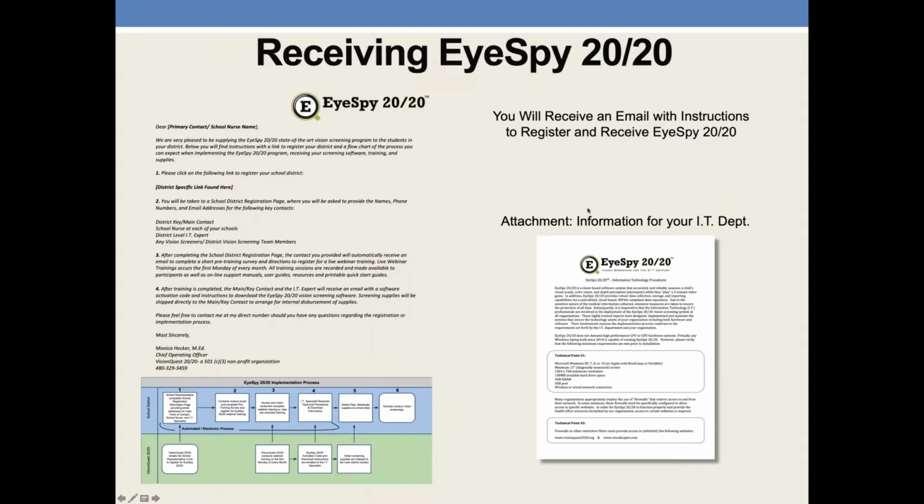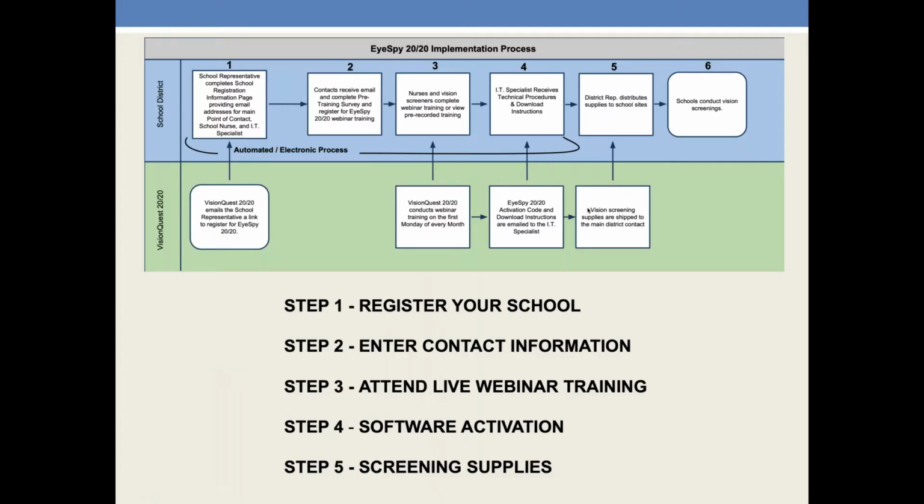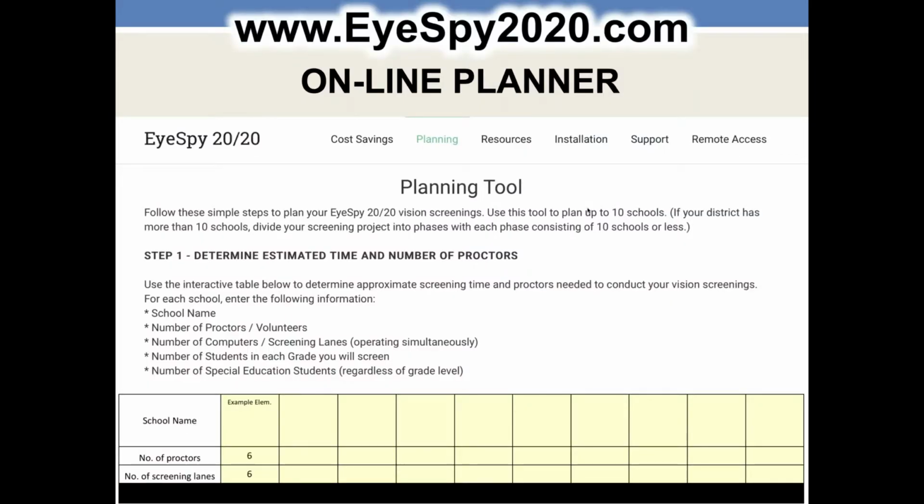Okay, receiving EyeSpy. I'm not going to spend too much time on this because I'd much rather answer specific questions that you may have, if you've got any. But suffice it to say, there's a process. You get an email. There's surveys. There's, obviously, signing up for this webinar. I do want to talk about this a little bit, though,